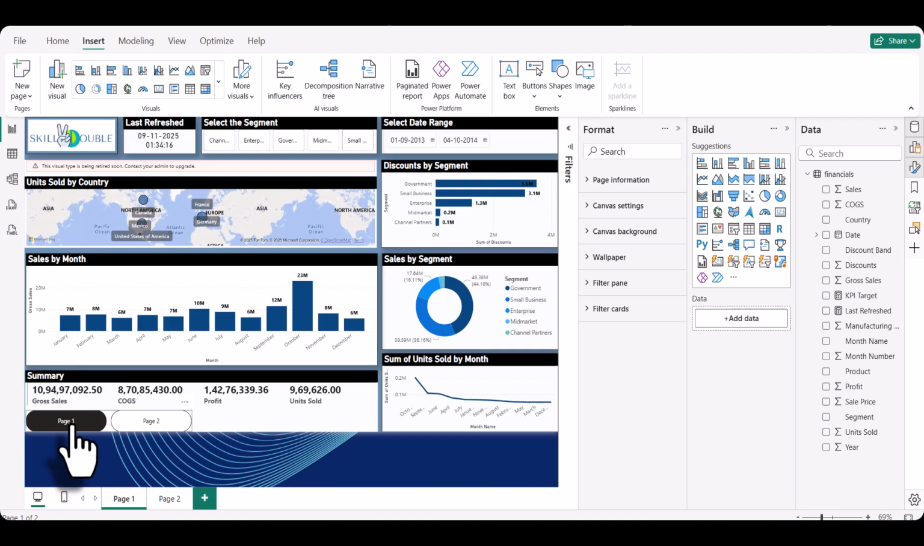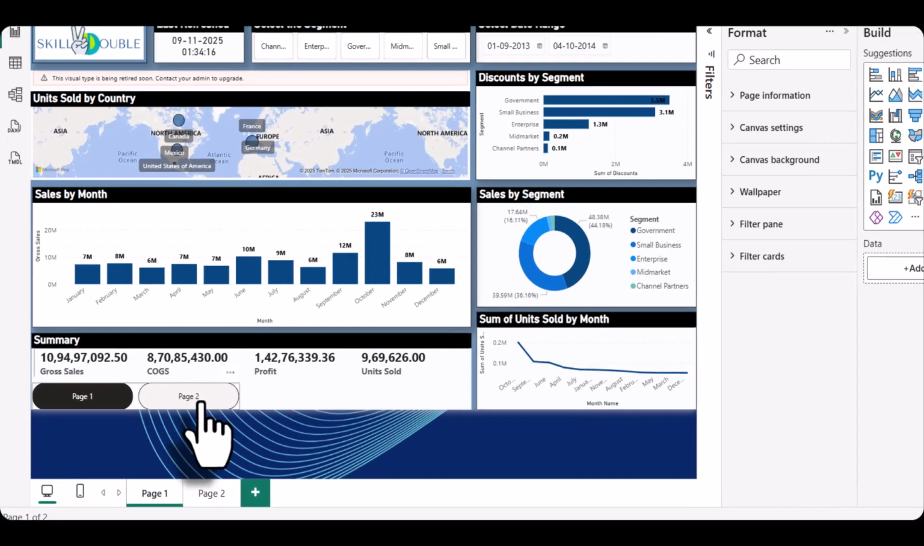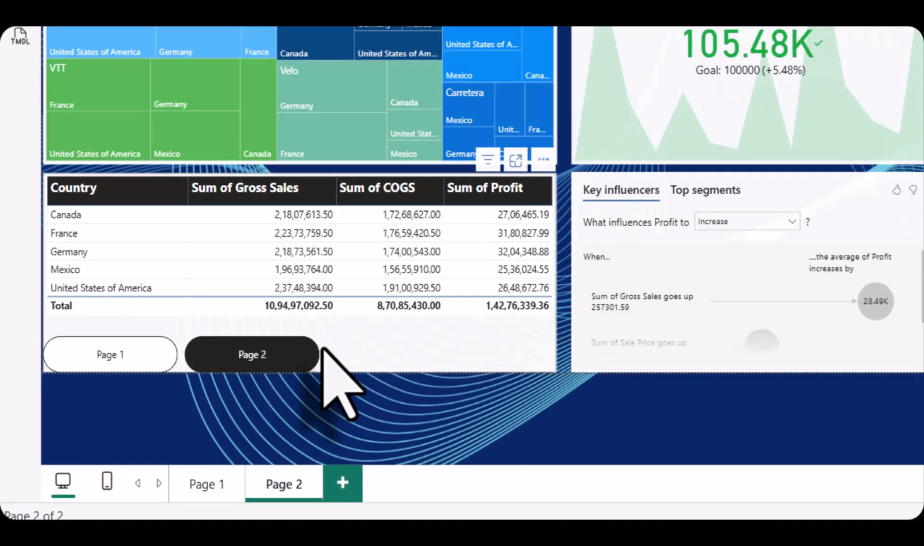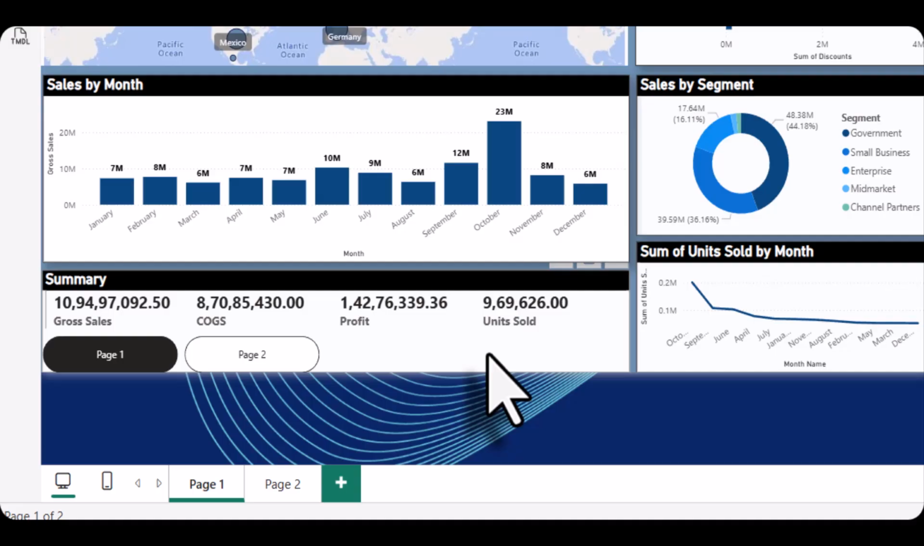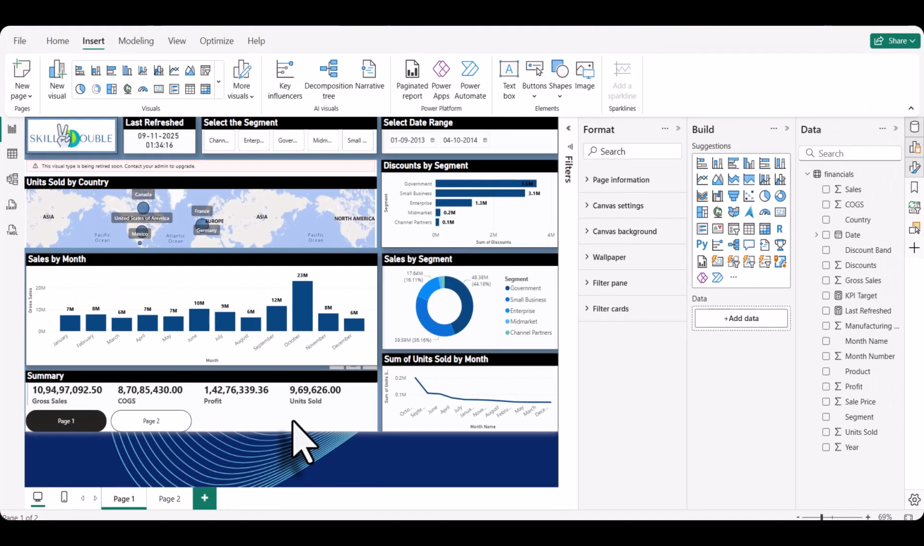How it is going to work in your Power BI application is you need to click on Control and then click on page 2 if you are on page 1. So it will go to page 2, and again if you click on page 1 when you are in page 2, it will make sure that it takes you to page 1. So this is how the navigation buttons will work,